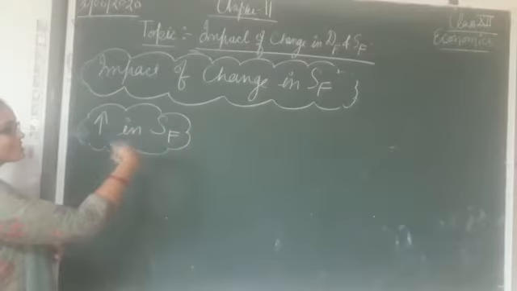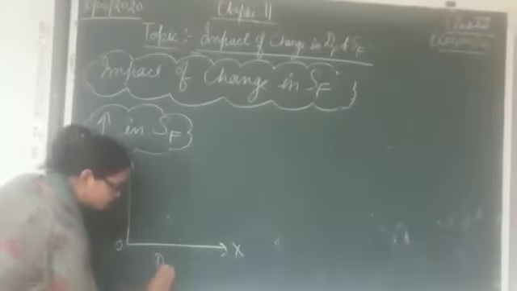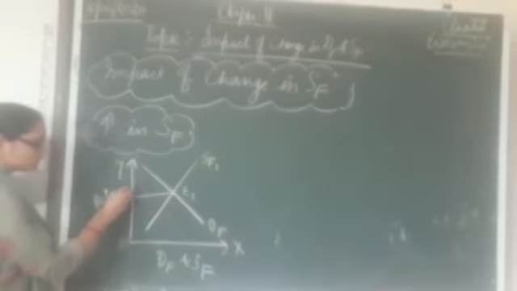If the supply of foreign exchange increases, what would be its impact? That we also come to know through this diagram. The same diagram we are preparing. On the OX axis we are representing demand of foreign exchange and supply of foreign exchange, and on the OY axis we are representing the rate of exchange. Clear? So we know that demand of foreign currency is downward sloping and supply of foreign currency is upward sloping. This is the existing supply curve, that's why S1 is written here. Clear? This is the equilibrium point and R1 is the rate at which the currencies are being exchanged.